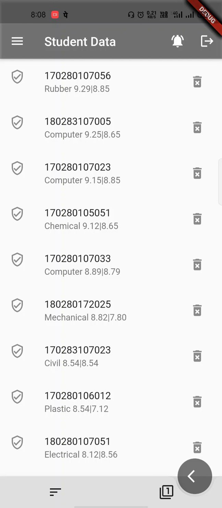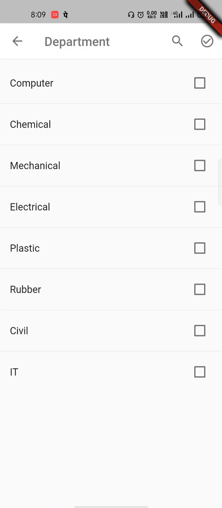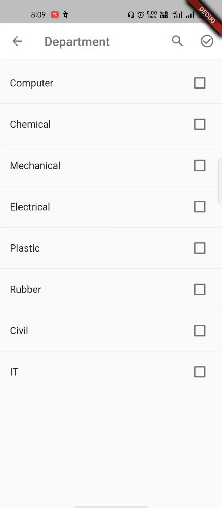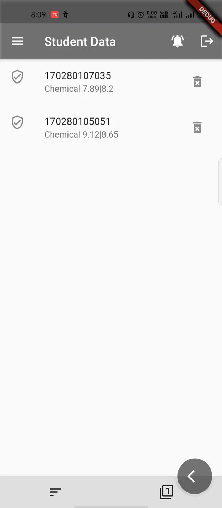We can see this data is in ascending order by the CGPI, and the filtering filters data by department. If the admin wants to see only the computer department data, here we can see only the computer department. And if we want to see the chemical department, here we can see only the chemical department students. Here the admin can also delete the student and modify it.